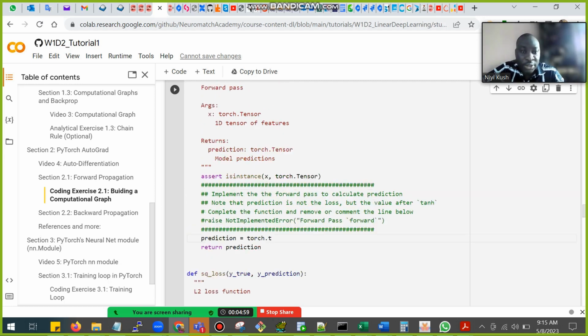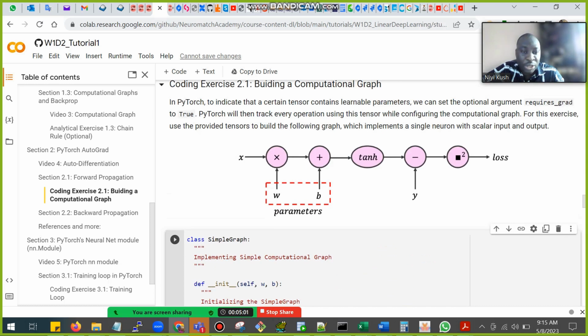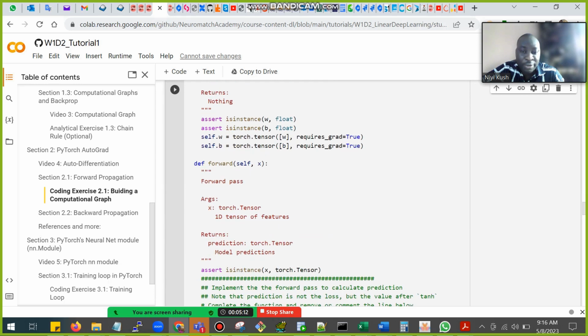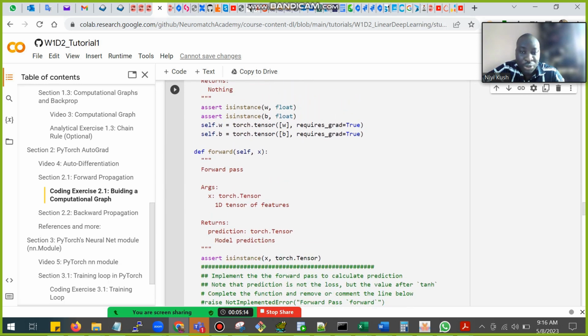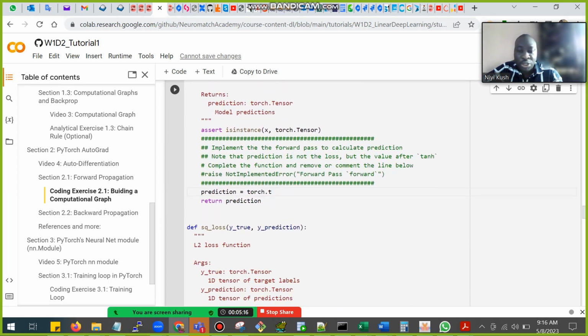If you look at this, we're going to be predicting with the part before the minus, this part. That's what determines the value of our function, our prediction rather. So what we'll be doing is